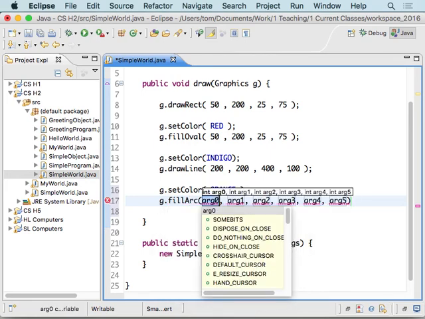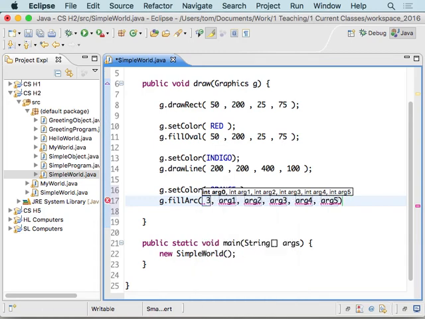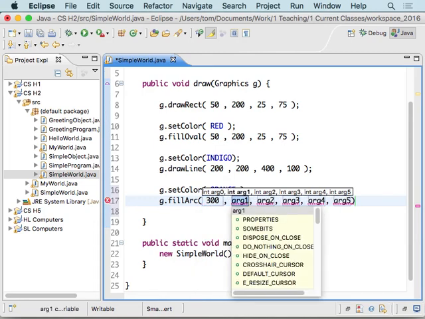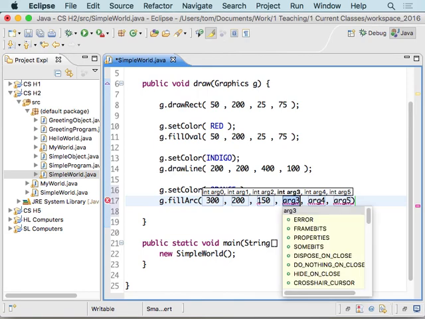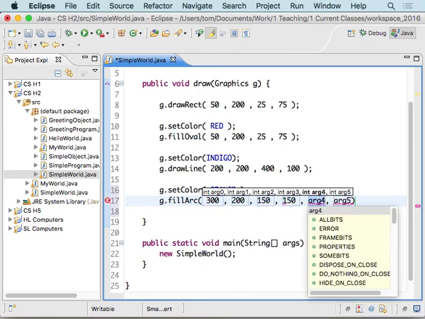Okay, so I'm going to say that this one should start at 300, 200, and I'm going to make this a circular arc, so I'm going to go ahead and make my width and height the same value. Hopefully that makes sense to you. Okay, so I'm going to say 150 by 150,